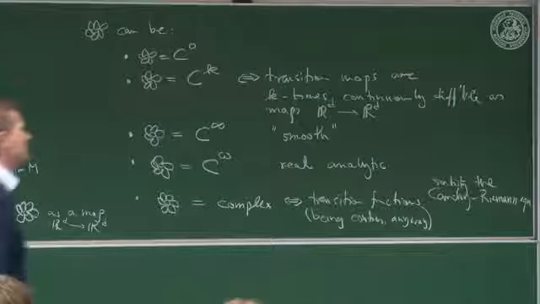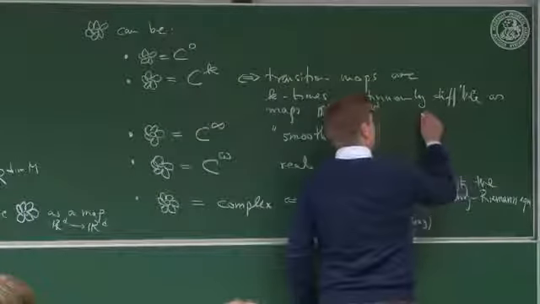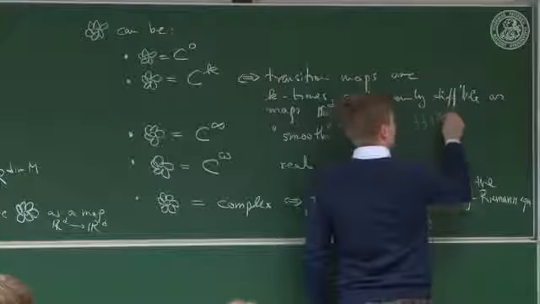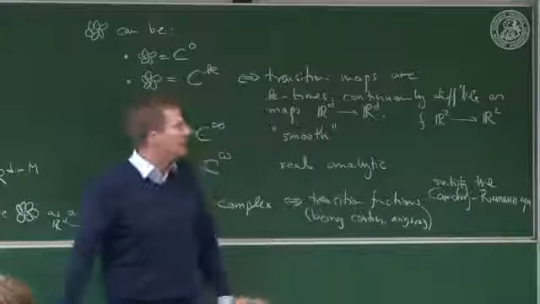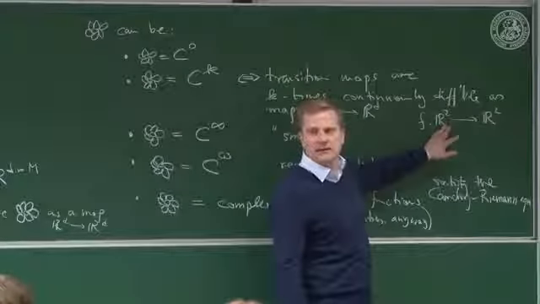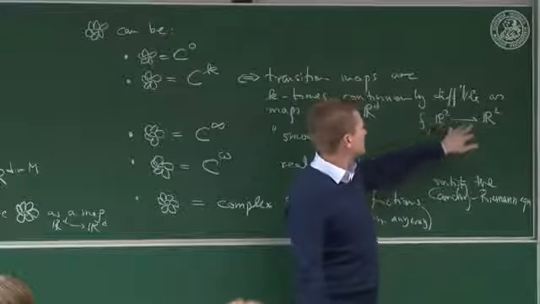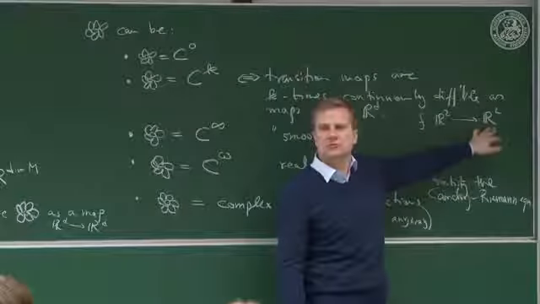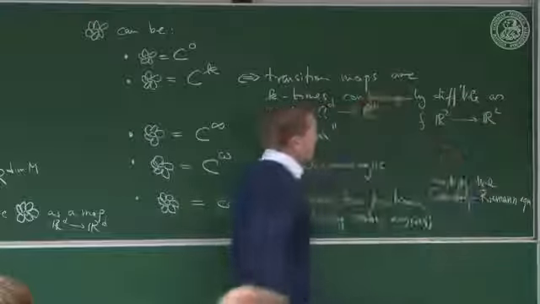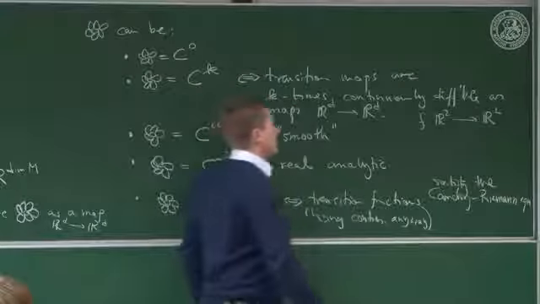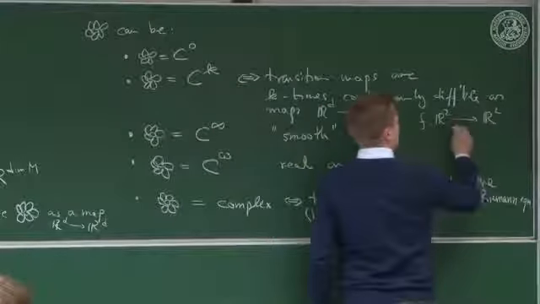Okay, so say you have a function from R^2 to R^2. Now that's not complex, but we know that the complex plane as a set is isomorphic to R^2, right? So now the question is, when can I call this a complex differentiable function? Now, if it is continuous already,